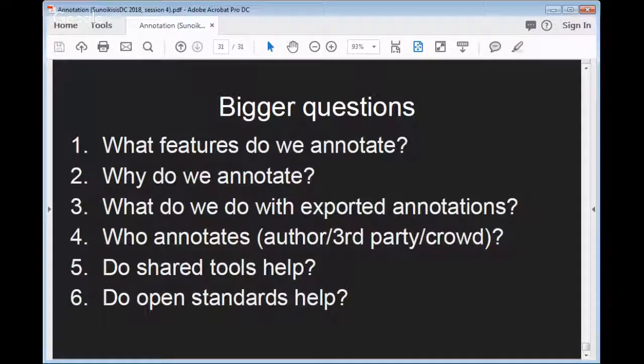I don't know if we want to go on with other questions. Yeah, I think that is an important question, and I glossed over the idea of machine annotation and machine NER.